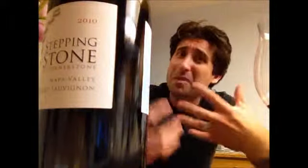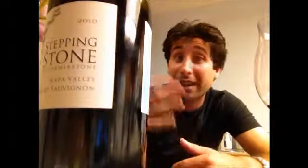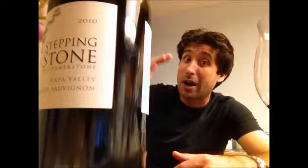The tannins are really big on this wine. They are very, very aggressive, and this is a young wine. It's a 2010 Napa Valley Cabernet, and at $35, you're expecting that this is a wine that you can put away for a couple of years. Those tannins are going to be more aggressive in wines that are just being released from the Napa Valley, and Cabernets in that price range and above. I would kind of expect that. Now, as far as the fruit goes,